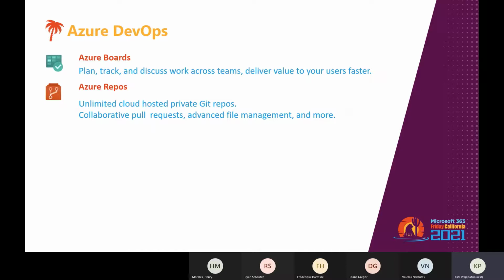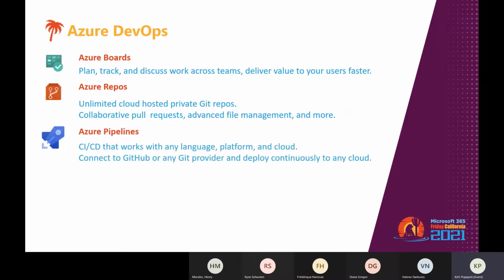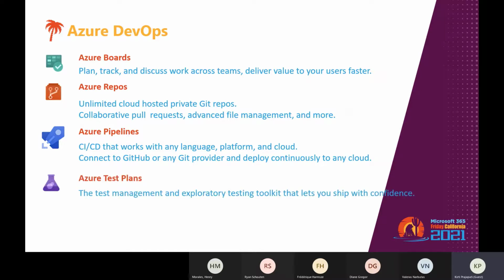And then we have Azure Pipelines. Pipelines within Azure DevOps is the CI/CD tool that allows the building, testing, and deployment of code using DevOps practices. So you spend less time with the nuts and bolts and more time being creative. And then we have Azure Test Plans.